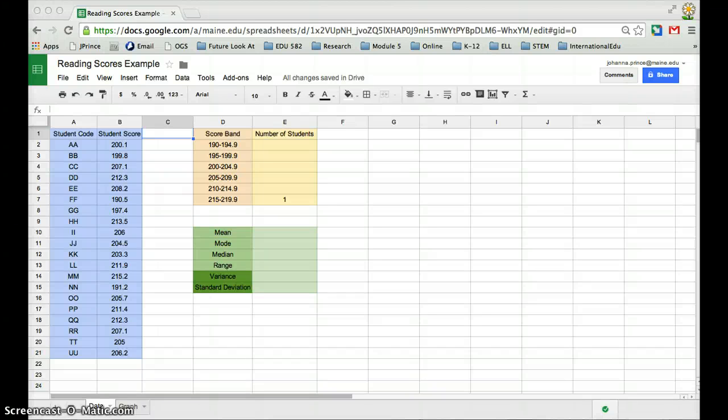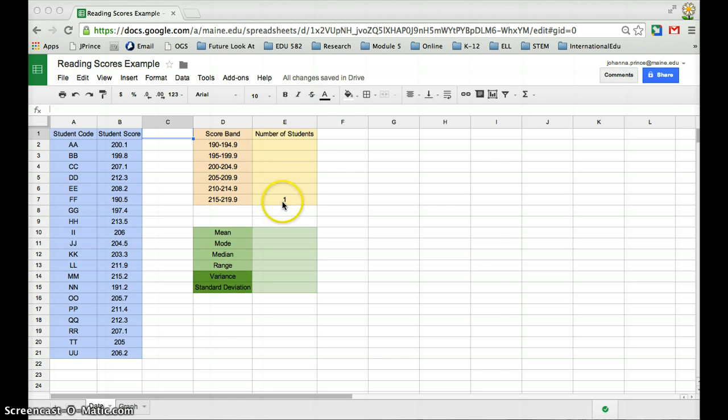Hello, what I'd like to show you in this first video is how to take this data and translate it into a bar chart. What you'll see here is I've got my student codes, and these are fifth graders, and this is their fall NWEA reading score, and each student has their score. What I'd like, though, is to create a bar chart of the whole class, and for that I want to